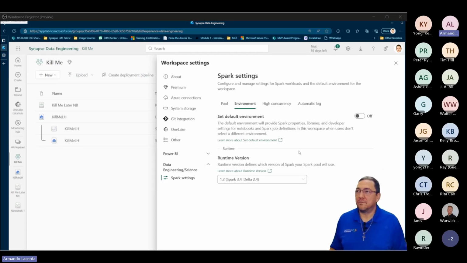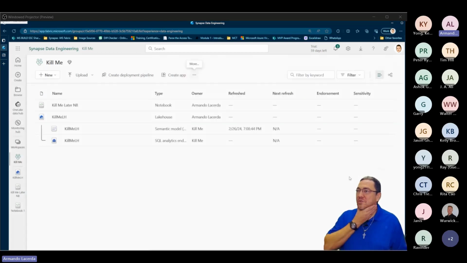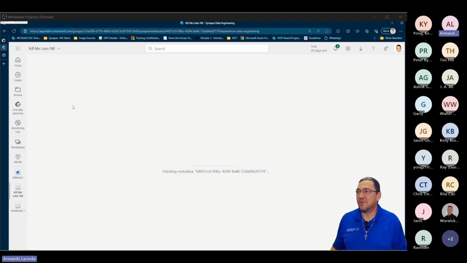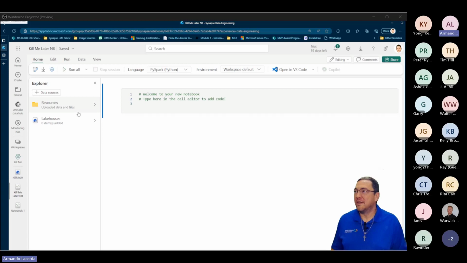Here, well, this would be the default environment. Somewhere in here, I'm already running out of time, but somewhere in here, they do have an option for you to load custom libraries as well. You can also do that. So with that said, you can go back to your notebook if you have created your notebook already.